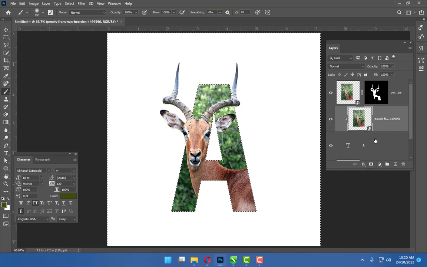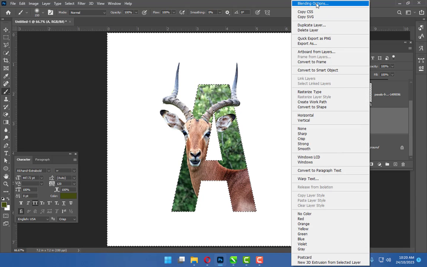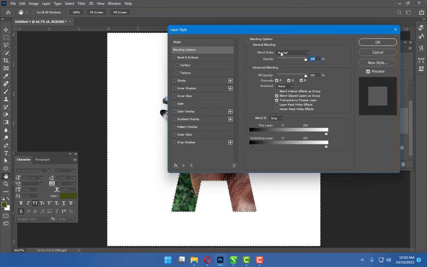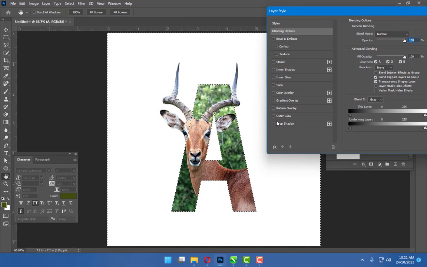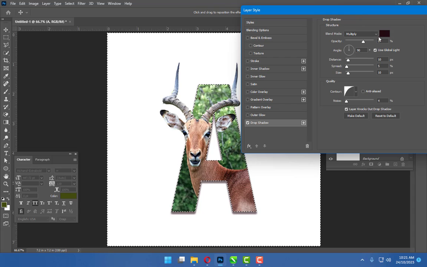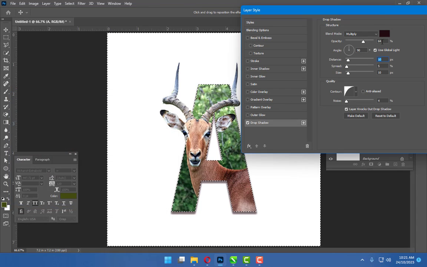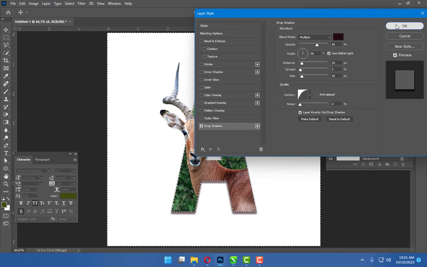Okay, and go to the text layer, right click, using blending options, change the drop shadow and keep these settings. Color, okay,